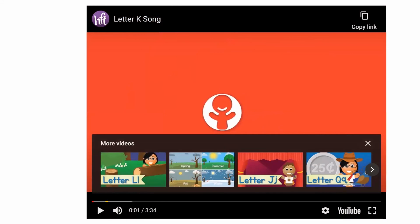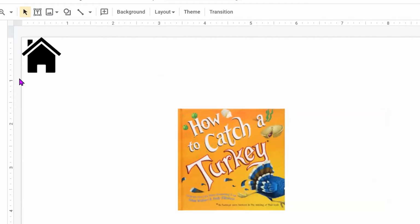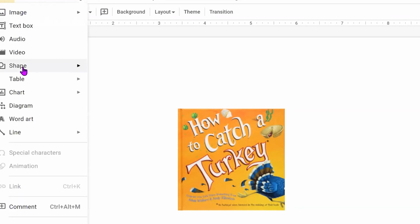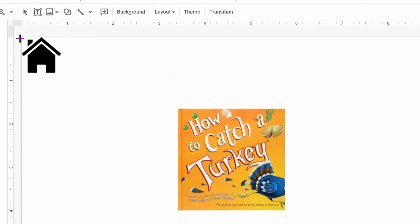So it would actually advance to the next slide after it's done playing. And so one of the ways that we figured out a system to get rid of it for young kids who might accidentally click off screen is we do something called the box trick. And that's where we simply insert a shape. And we just go with the rectangle and we do the entire screen. We just cover it up